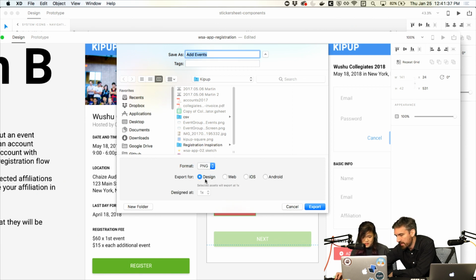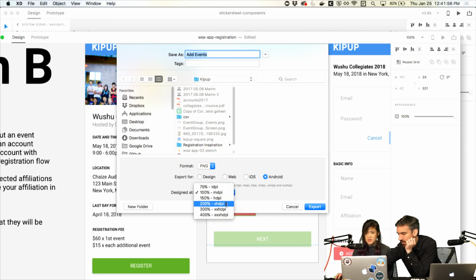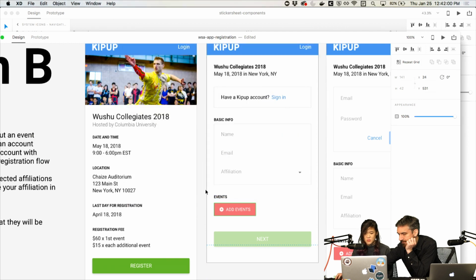Cool. And you can say, I want to optimize this for iOS, and say I designed it at 1x, 2x, or 3x, so it depends. You choose when you start designing, and then it will export all the versions and scale them up or down, depending on how you designed. Same for Android, for all the screen densities. Nice. Awesome. Super helpful. Oh, and there is something new.